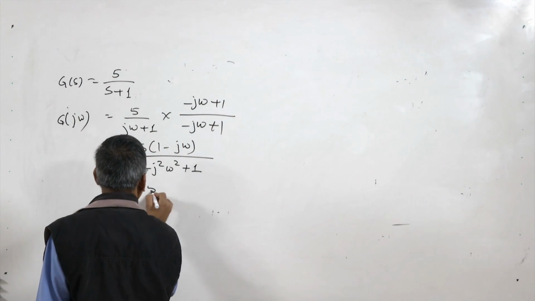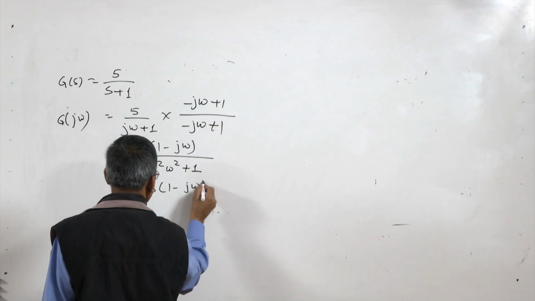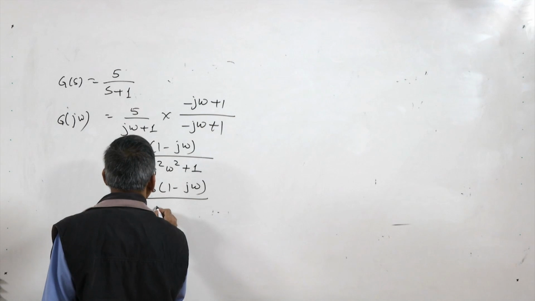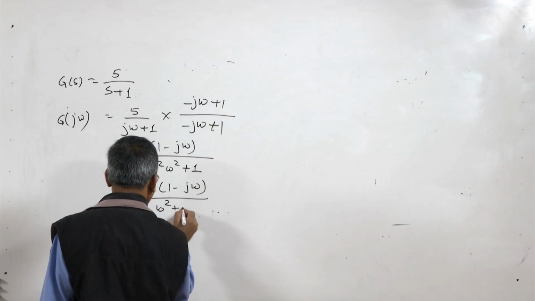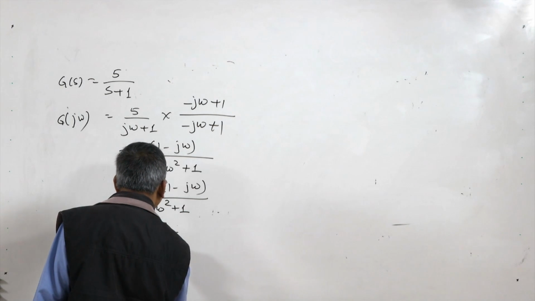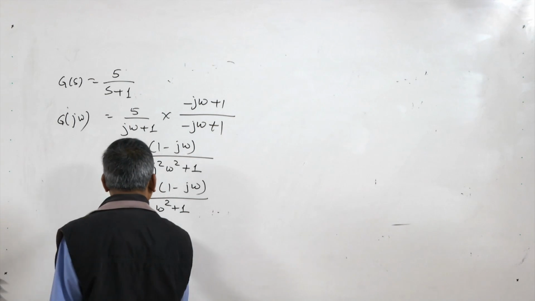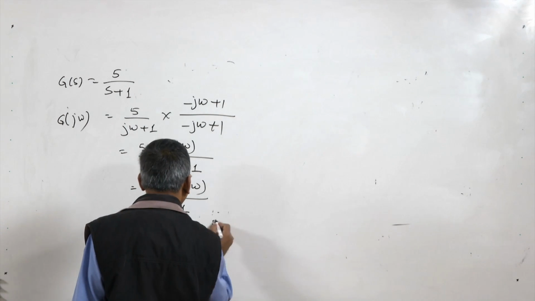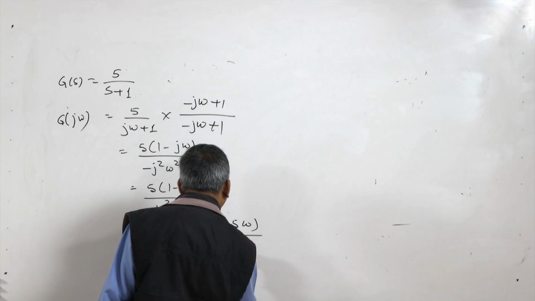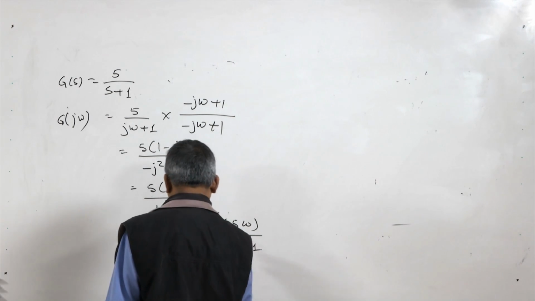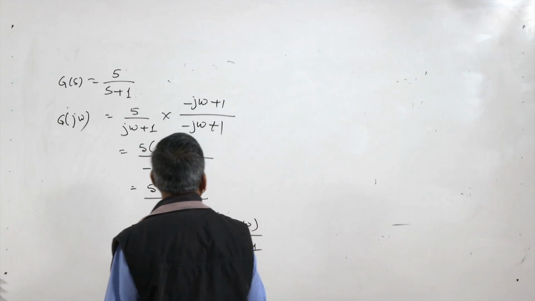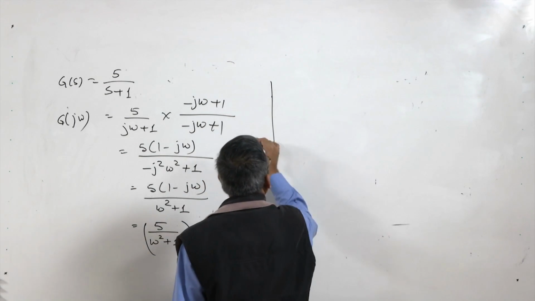So, this is 5(1 minus jω) divided by minus minus plus 1, so ω square plus 1. So, this is basically 5 by (ω square plus 1) is the real part, minus j into 5ω divided by (ω square plus 1), this is our complex part. Okay. So, from here I can find out